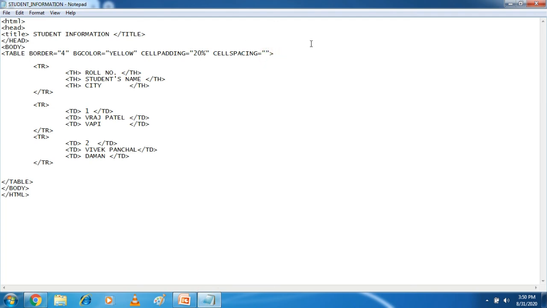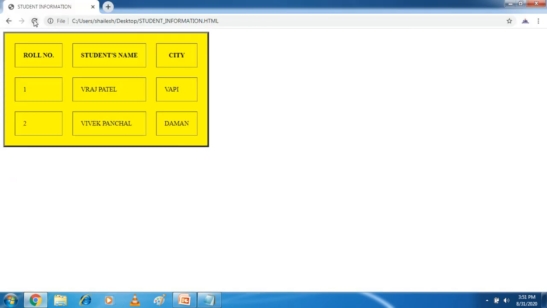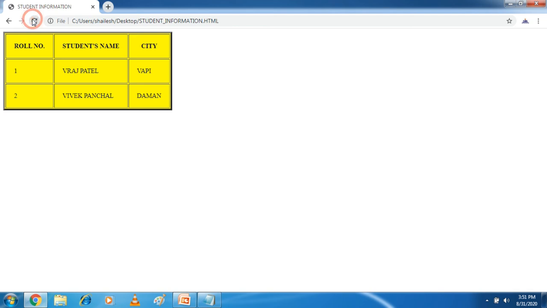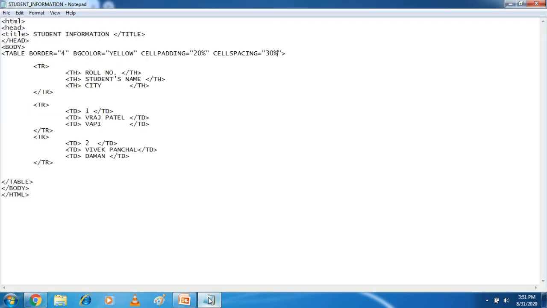Now the same thing I am writing in percentage format. Suppose I write 30%, I want the cellspacing 30%, I save it and I refresh it. Percentage does not work. I write suppose 50% cellspacing, I save.